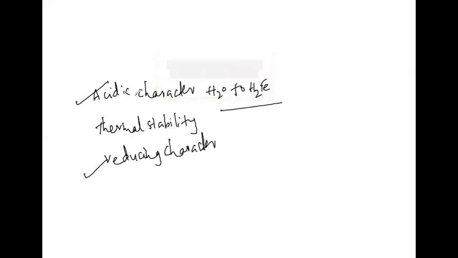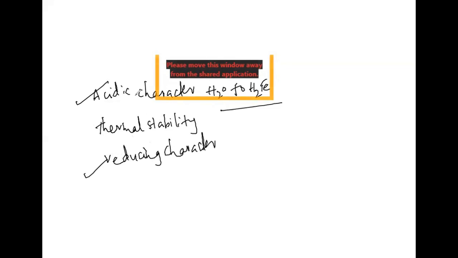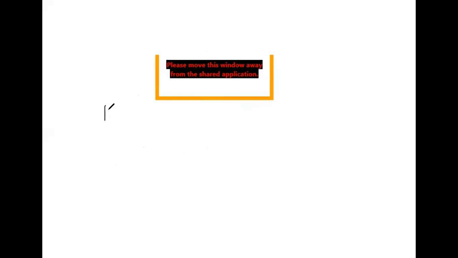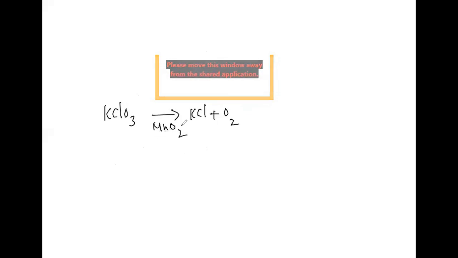Right. Now, straight away come to the compounds here. First one, I am going to take oxygen. Oxygen, how will you prepare generally? By using different methods. Oxygen can be prepared by thermal decomposition. KClO3 gives rise to KCl plus O2. Here what catalyst we can take? MnO2 as the catalyst. Thereby it is giving oxygen as the product.